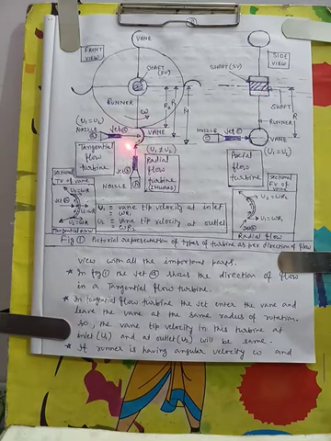I have taken 3 jets, 1 jet here, jet A, and 1 jet here, jet B, and 1 jet here, jet C. 3 jets. So jet A impacts normally at the center of the hemispherical vane, as we had seen in the cases of impact of jet. So this figure I have shown here. So the jet is impacting at the center normally.